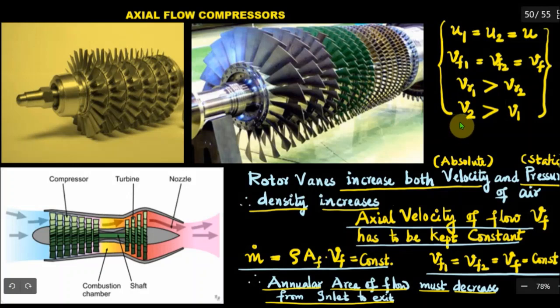See, if you consider 1 is the inlet tip of a rotor vane, 2 is the outlet tip of a rotor vane, then absolute velocity V2 is greater than V1 because of the energy addition from the impeller to the fluid. But for the relative velocity components, VR1 and VR2, VR2 will be less than VR1, or VR1 will be greater. That is the reason why the static pressure is increasing. That is energy transformation or energy conversion. So we say that during the flow through the rotor vane, the static pressure increases and absolute velocity of air flow increases.